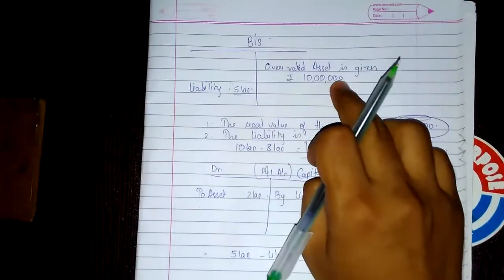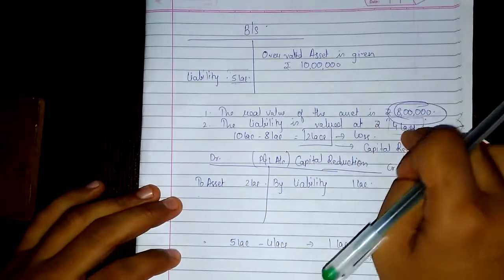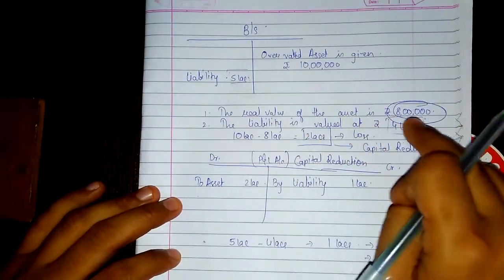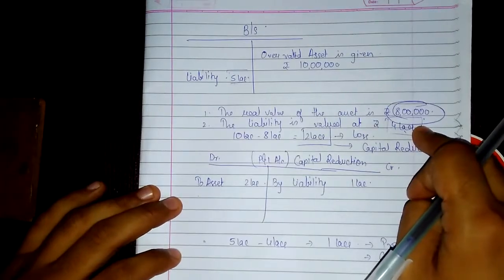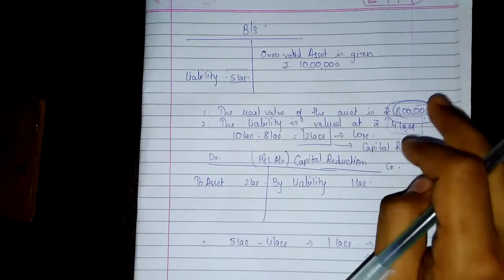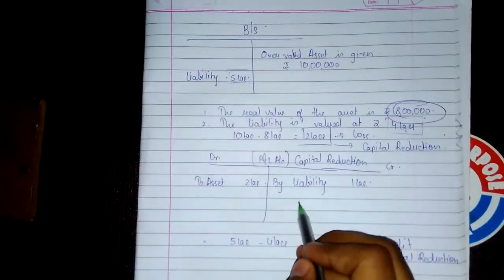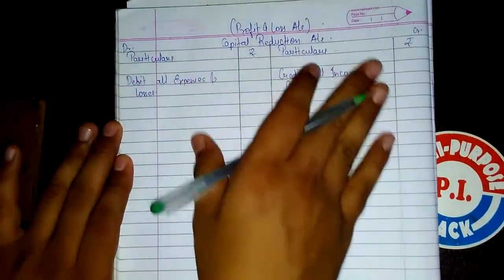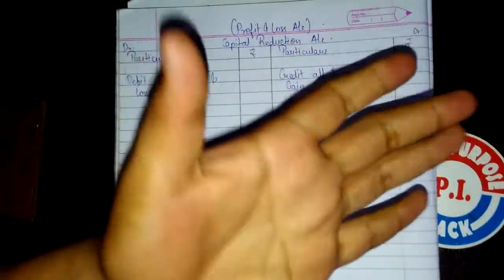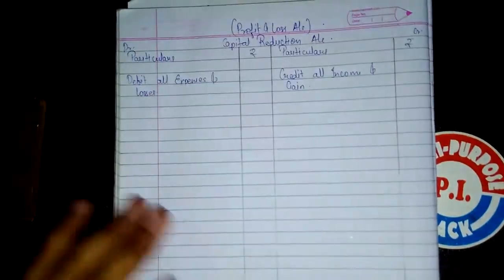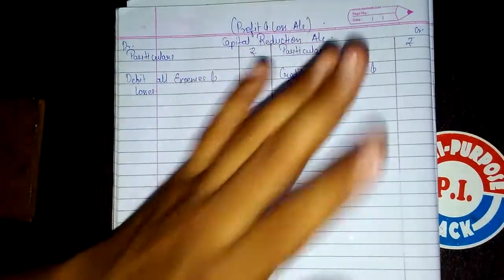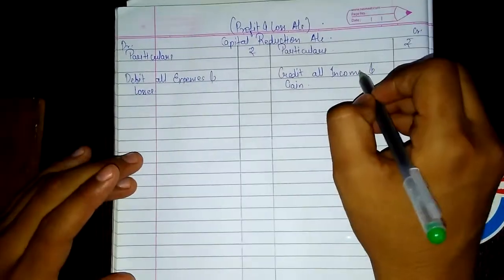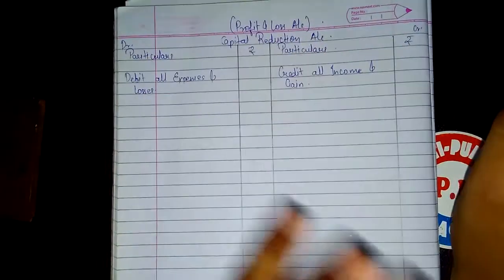Similarly for the asset, if the asset over here is rupees 8 lakhs in the balance sheet, and in the adjustment it is told that the real value of the asset is rupees 12 lakhs, how will you show it? You will show 2 lakhs profit on the credit side. I hope you all have understood. After doing this capital reduction account, I hope many of you will be able and eligible to solve the sums from the practice manual, but still I'll solve 2 sums for you, and then you will be eligible to solve the entire practice manual. Okay,